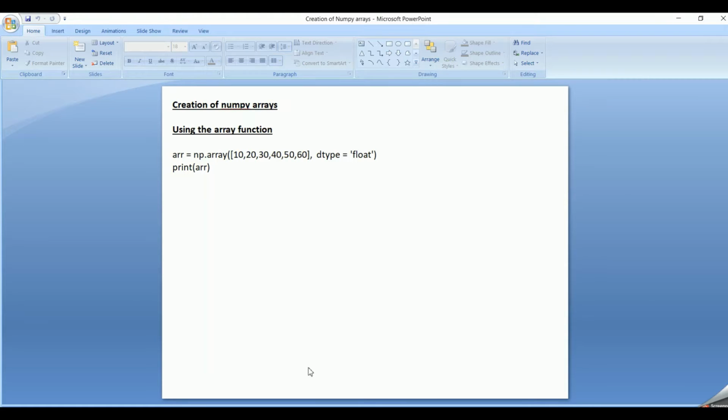In the earlier session, we had started with NumPy and we also saw how we can create an array by using the array function in NumPy. And today, let's look into the various ways in which we can create arrays in NumPy. In the previous session, I had shown you np.array and we used to give the elements in a list or tuple. And today, I'll show you how I can use the dtype in the array function.